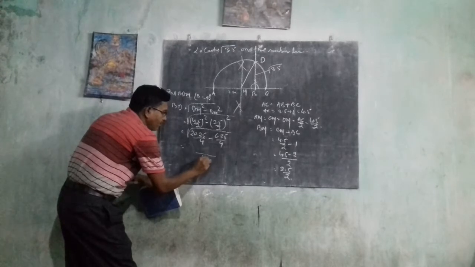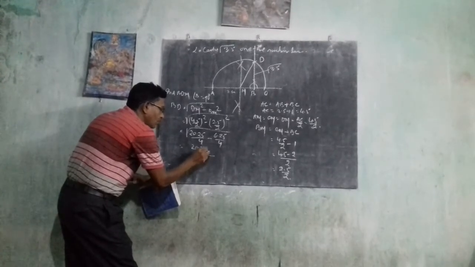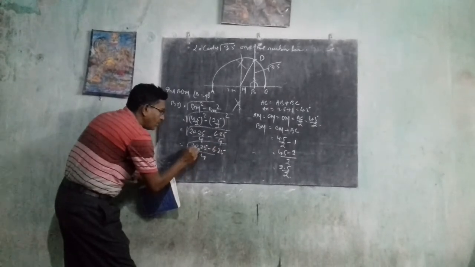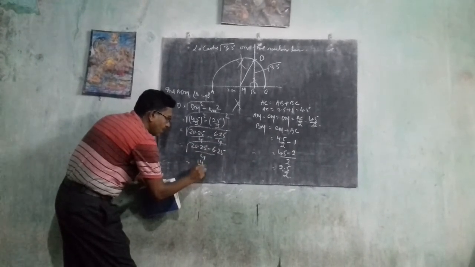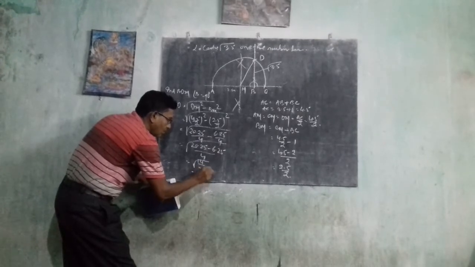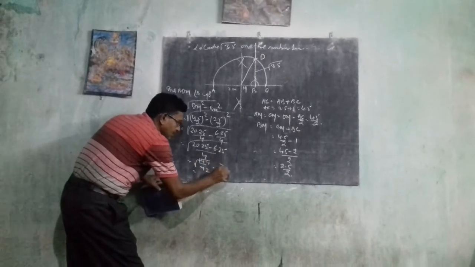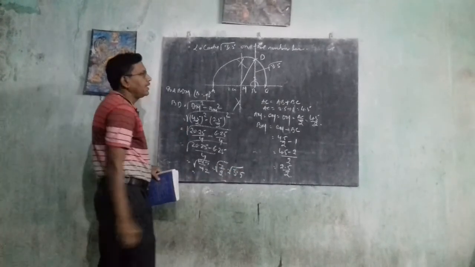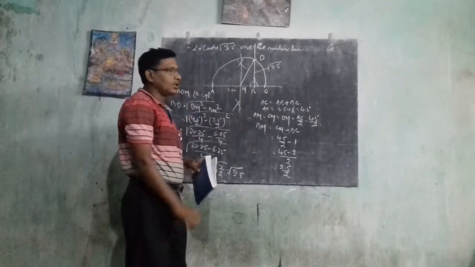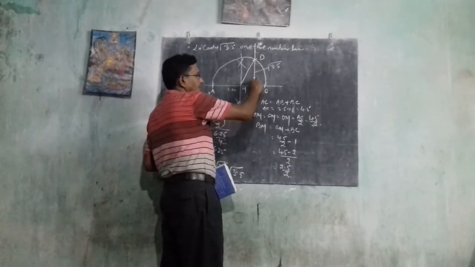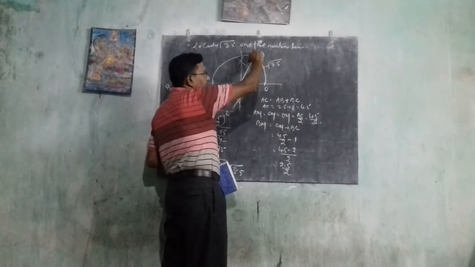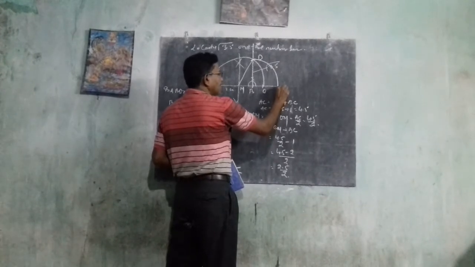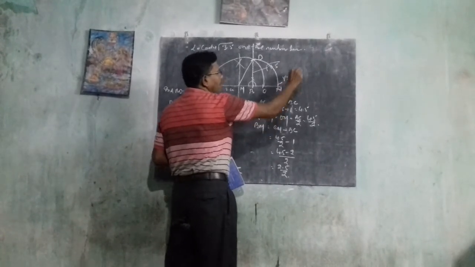Now take the LCM, 4. 20.25 minus 6.25 becomes 20 minus 6, 14 by 4, equal to 7 by 2, root, equal to root 3.5. So BD is root 3.5. Now put the needle of your compass at point B and the pencil at D and draw another arc where the point cuts. This N is your root 3.5.